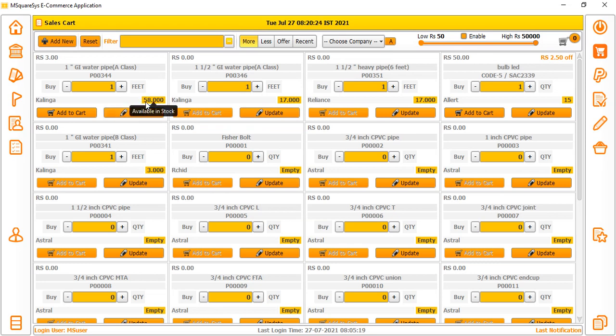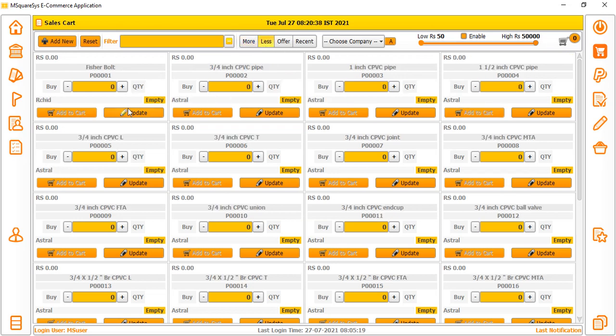So here the available stock is 58, 17, 17 and 15. It will come in that order. Similarly, it sorts based on the low-stock items, the ones whose stock is very low, so we can go into purchase. That is the reason we provided it. So these are the items you need to purchase.